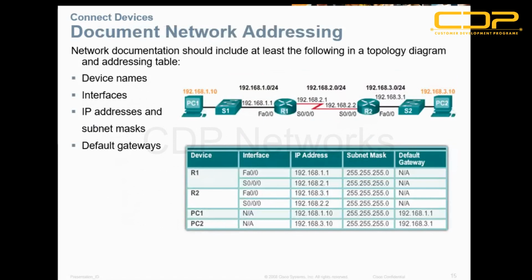Connect devices, document network addressing. The network documentation should include at least the following in a topology diagram and addressing table: device names, interfaces, IP address, subnet mask, and default gateway. I have already explained all these things. Here, the R1 router has the LAN interface named FastEthernet 0/0 that has the IP address